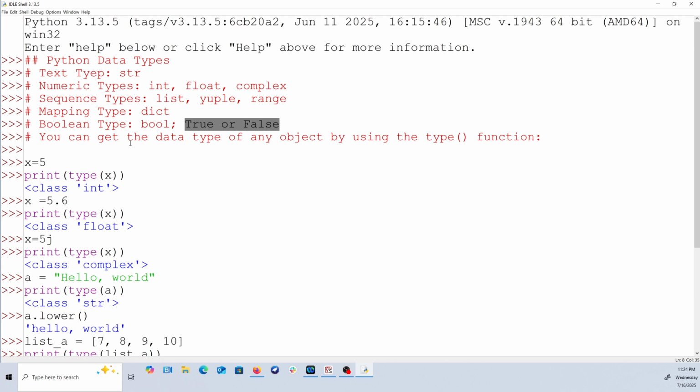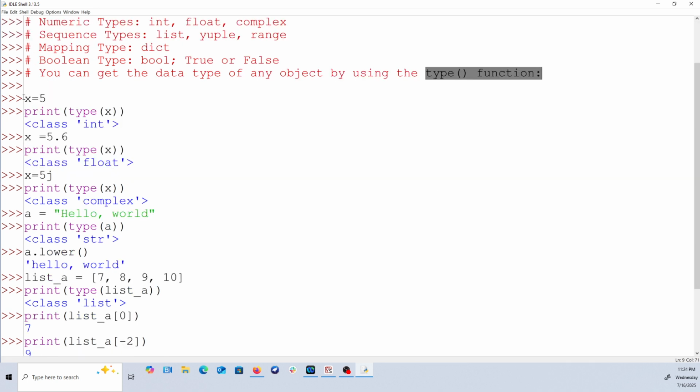and then it could be true or false. Now, if we have a particular variable and we need to know the data type of that variable, we can just use the type function in Python. So let's just try this. Let's say we have x is equal to 5, and then we need to know the data type of this variable. We can just do type of x,